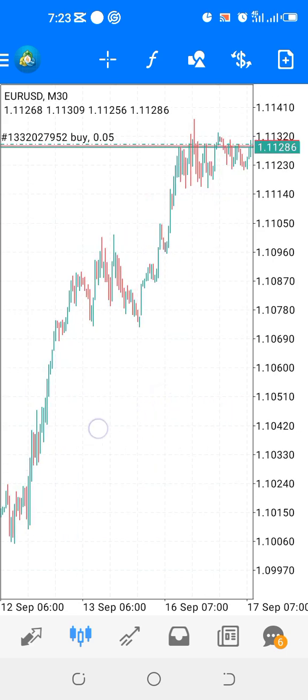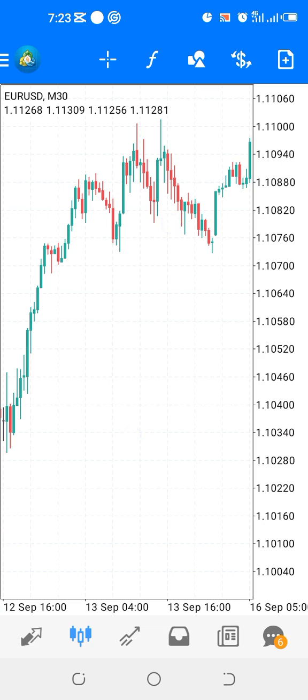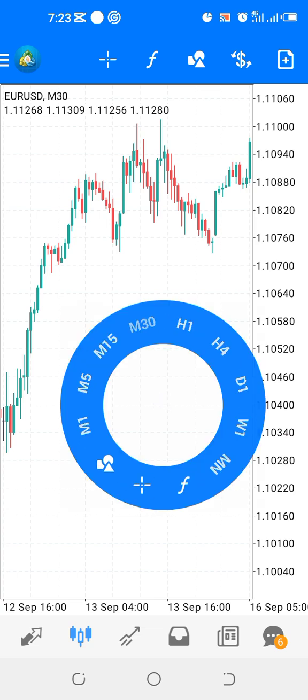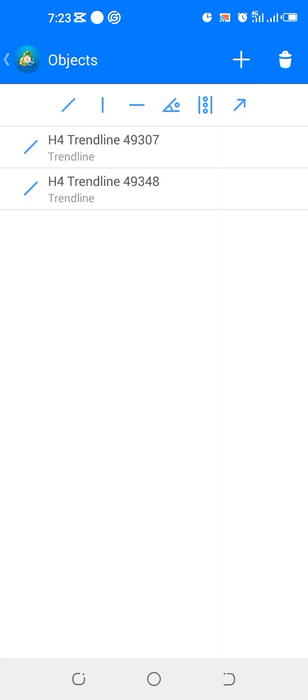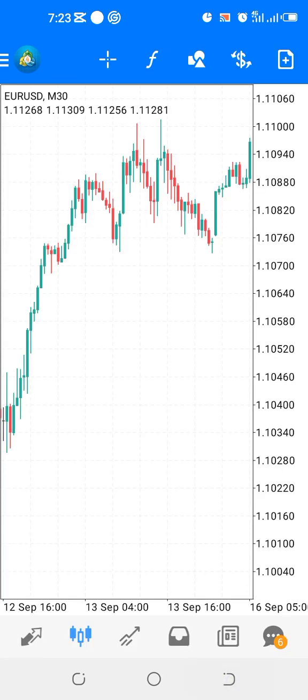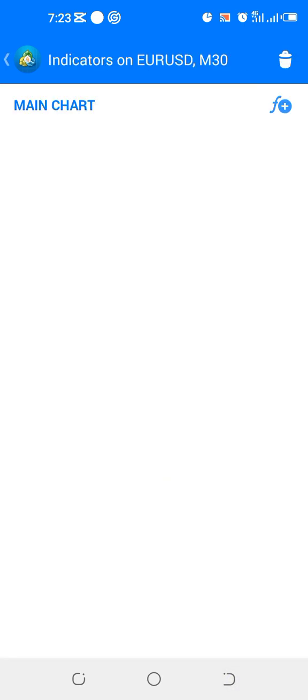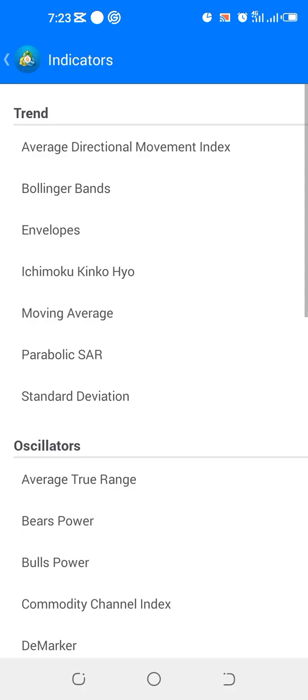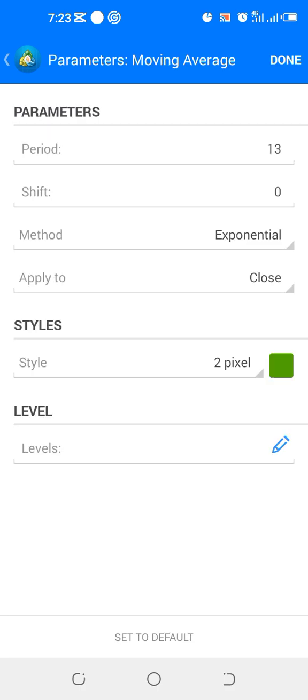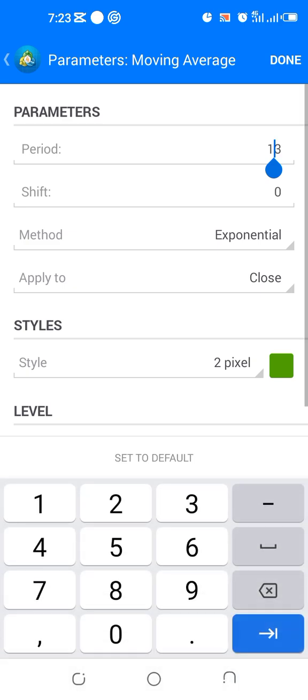So number two is to find indicators that help you identify new trends. So number two plan you have to put in mind is to find indicators that help you identify new trends, e.g. moving averages. You can use two moving averages. You go to your chart, say moving averages. You can use a moving average of say 10, for example.